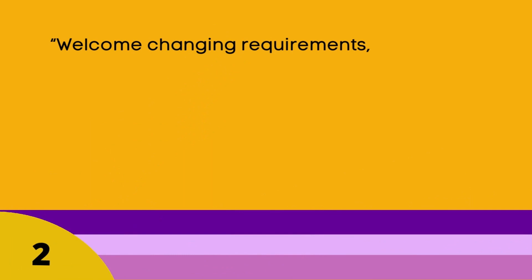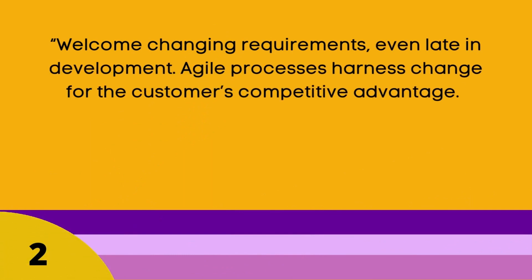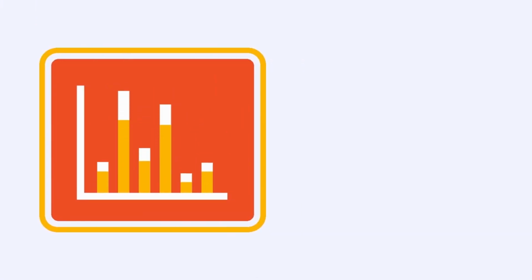Agile Principle 2. Welcome changing requirements, even late in development. Agile processes harness change for the customer's competitive advantage. In today's world, change is the only constant. To stay competitive in the market, your customers need to respond to market changes quickly, and you need to support